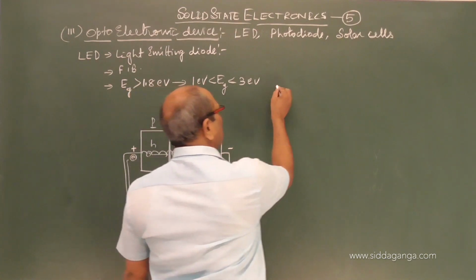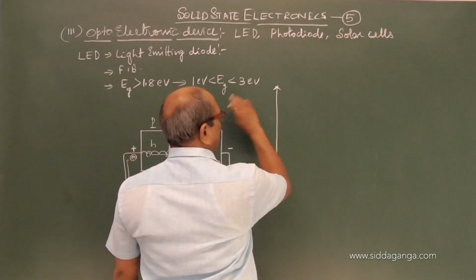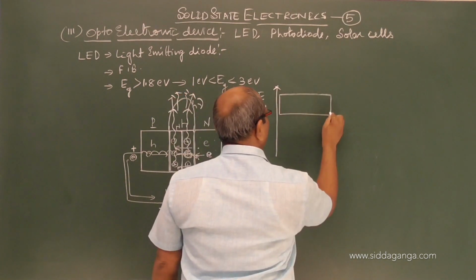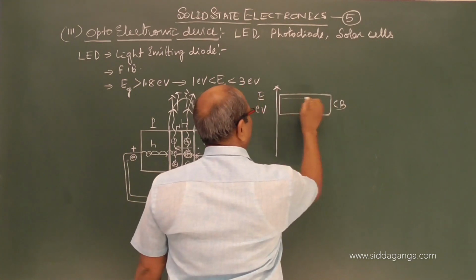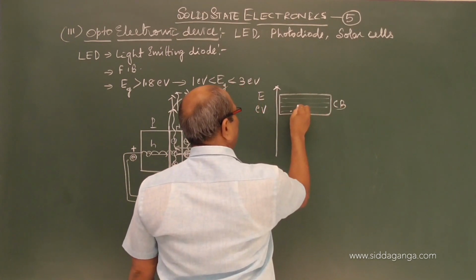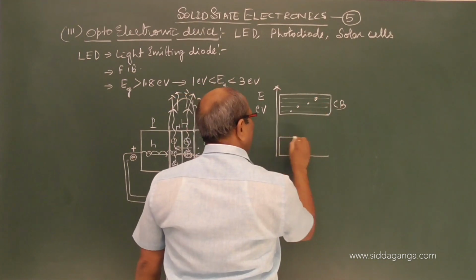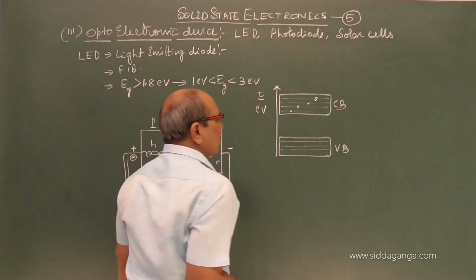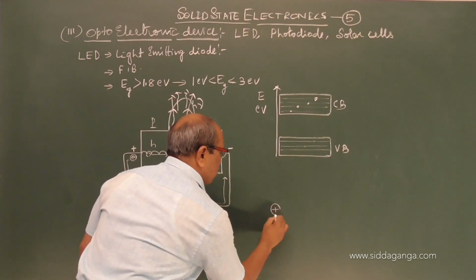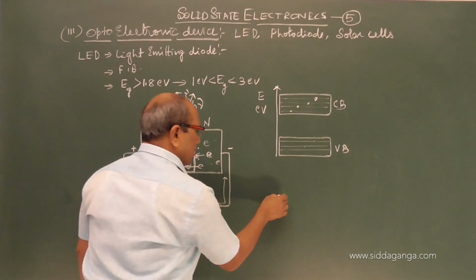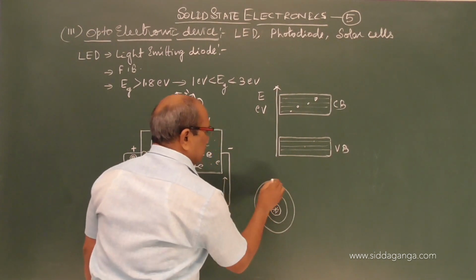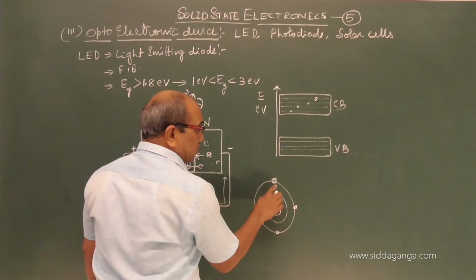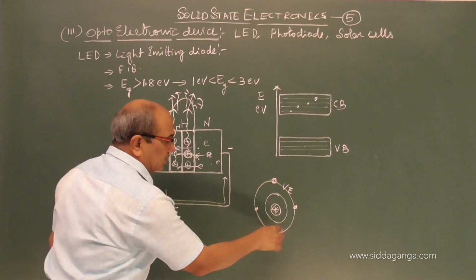Why does energy come out? You have studied this in P-type and N-type semiconductors. We studied the conduction band. In the conduction band we have a large number of electrons, called conduction electrons, whereas in the valence band we have valence electrons. The difference between valence electron and conduction electron: let us think this is an atom, and these are the electrons in different orbits. This may be a silicon or germanium atom, which has 4 valence electrons. These valence electrons are bound electrons.